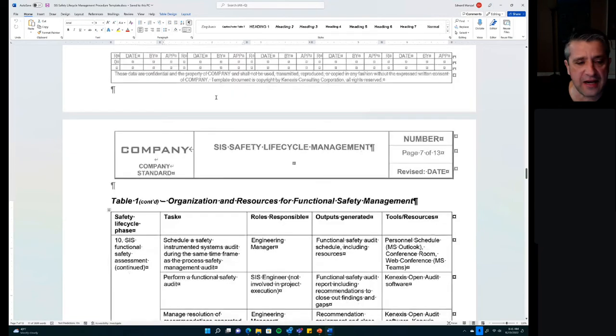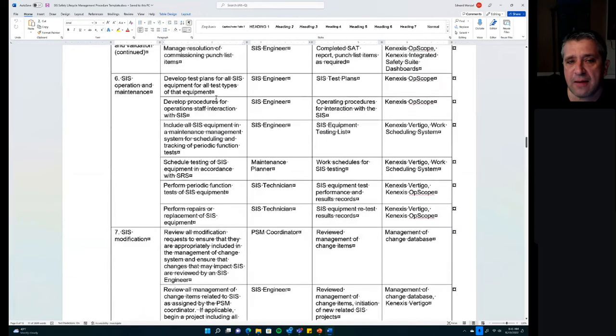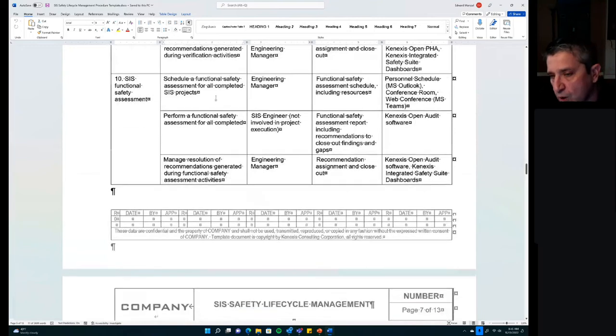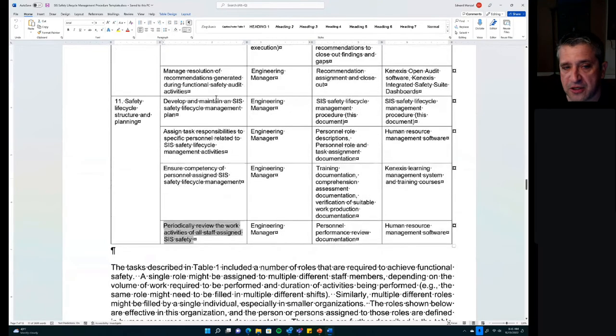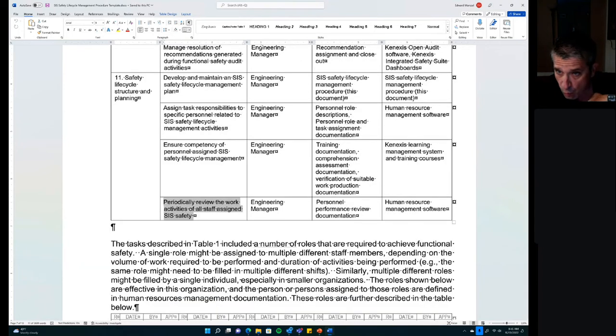So as you'll see, the core of this standard is going to be this table 1 that makes a list of all the tasks, who's responsible, what the outputs are, and what tools, policies and procedures they're supposed to be using. We have given you a starting point. For your organization, you might want to add tasks or remove tasks as is appropriate for the way you do things. But now, we're not done, because we